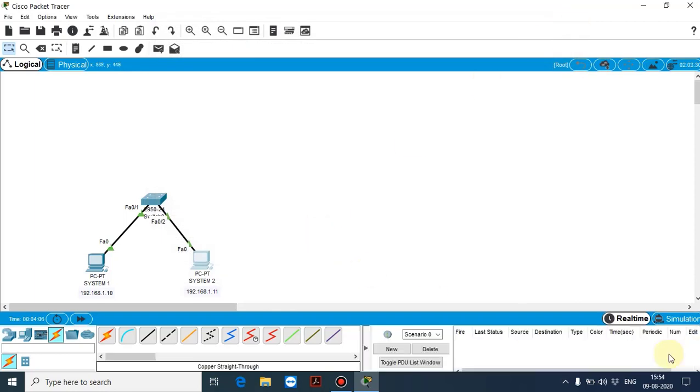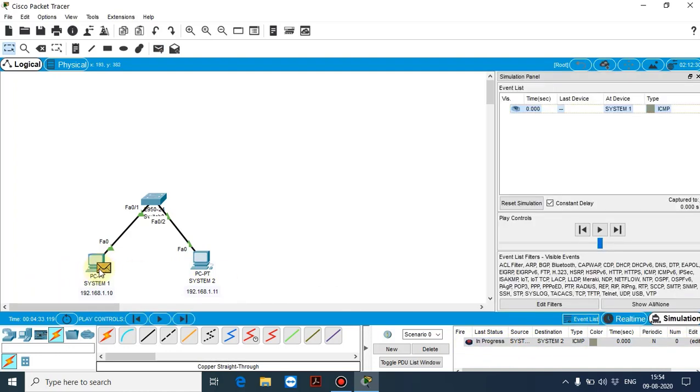Let us check whether it is working or not. Okay, so here is a real-time simulator. Here I have a small PDU, that is packet data transmission. So click on that, check from one system to another system. I receive a successful message. That means data is sending from this PC to this PC.